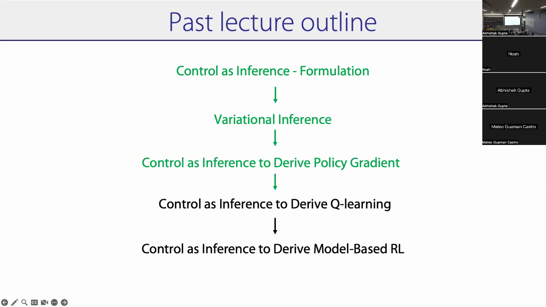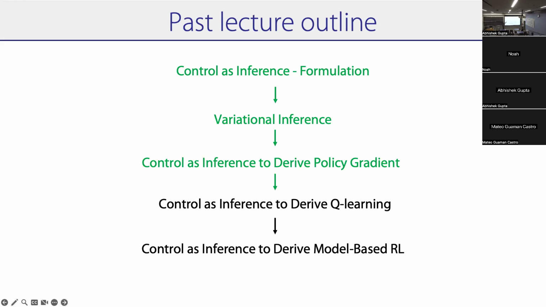So what we covered last time is we started formulating control as inference as a framework. We talked about variational inference as a tool to do this intractable posterior inference. And then we worked through a bunch of algebra when we applied variational inference to the control as inference formulation that derived maximum entropy policy gradient, right? So we'll recap that really quick, but what we wanted to do was we had this framework for hard optimality that we studied in the last 6 weeks. We want to convert to a framework for soft optimality.